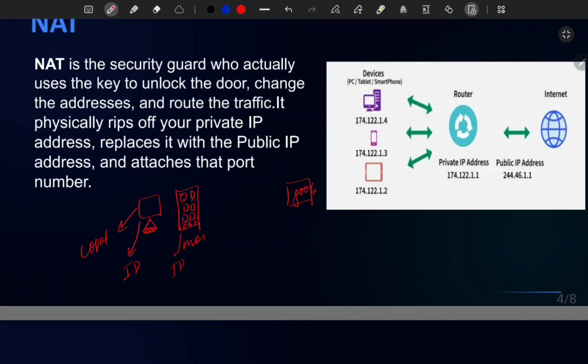How does an IP address look? You can see this is an IP address. Google also has an IP address, but they kept the name google.com because people are not able to remember this. There are a lot of public IP addresses available, and no one can memorize these numerical names. That's why they kept names like Google, Netflix, Facebook, Twitter, Instagram.